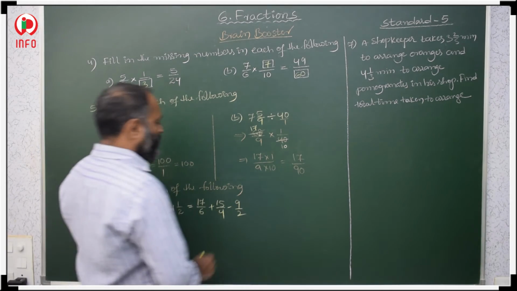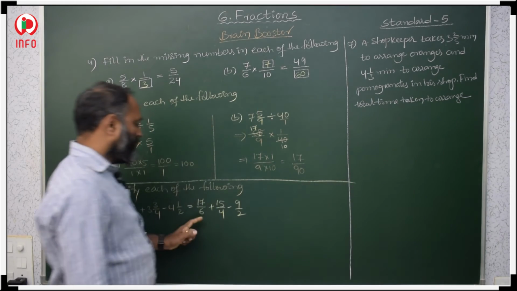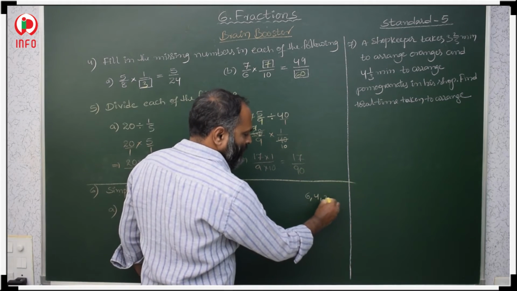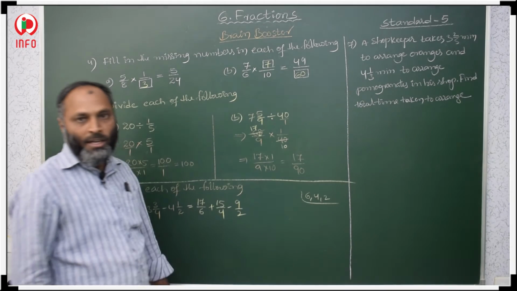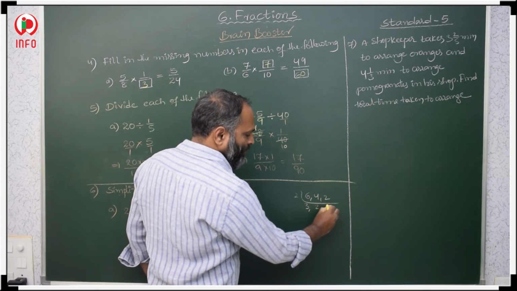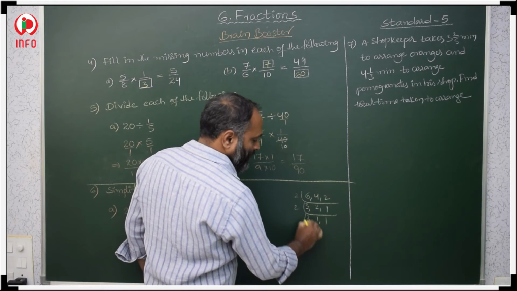Then after that, what we have to do? So, we have to take LCM of these denominators 6, 4 and 2. All these are even numbers divisible by 2. 2 3s are 6, 2 2s are 4, 2 1s are 2. Again 2 table, these 3 as it is, 2 1s are 2 and 1s are 1. Then 3.